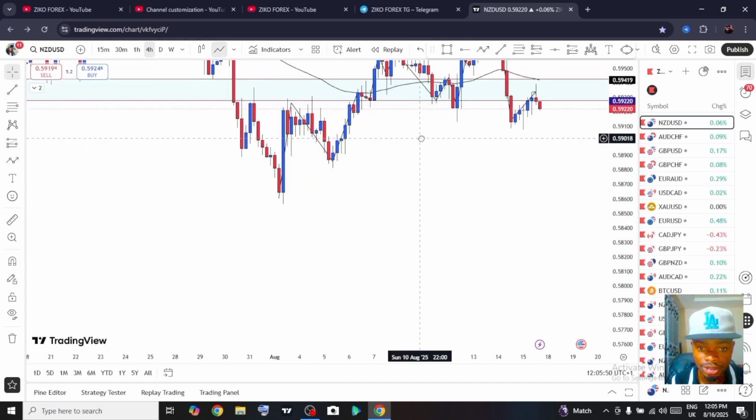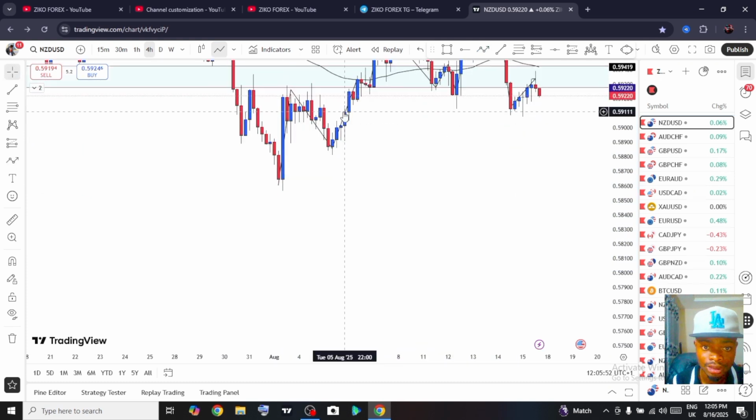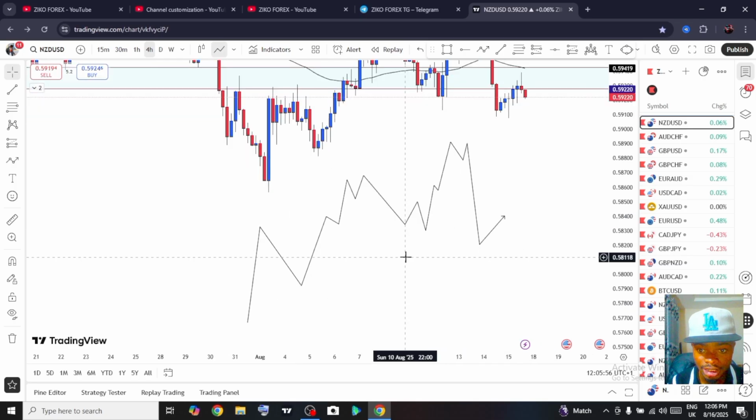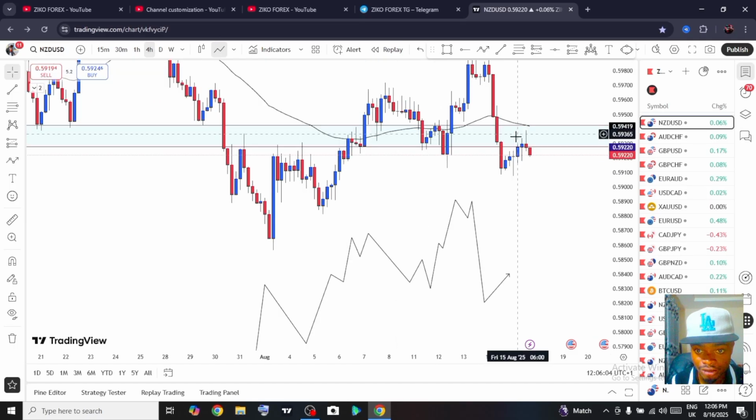So if I bring this path that I just drew right now, you can see that clearly market structure has shifted bearish, right? So an area of interest is supposed to be around here, which is basically the same area of interest right here. EMA is already above area of interest, holding it as resistance, and we had a retracement and then a doji, and we also have an engulfing candle. So this pair